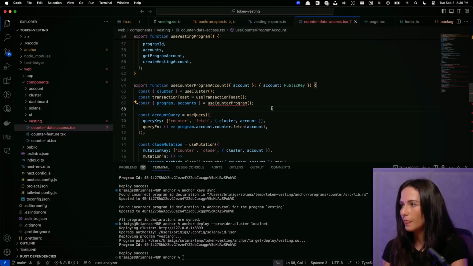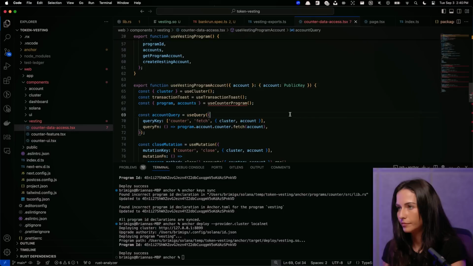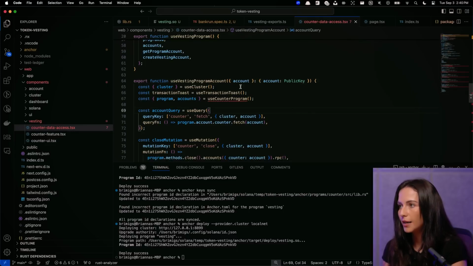Now we want to be able to use a vesting program account. So what this is going to be is once an employer has come to the front end and they have created a vesting program, now they can go in and update that vesting program by adding in employee accounts. So we'll go to use vesting program account. And this is passing through the account. Okay. Now we'll do use